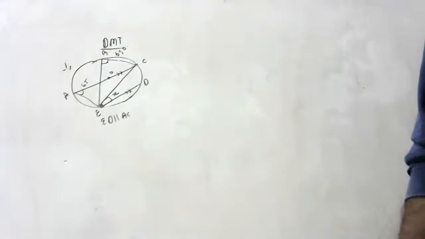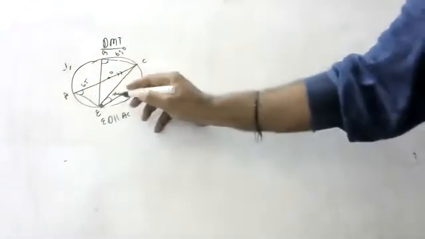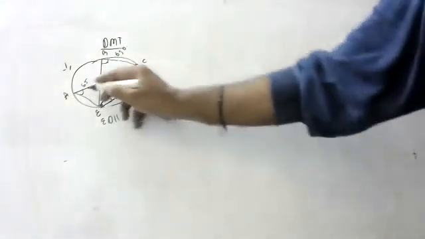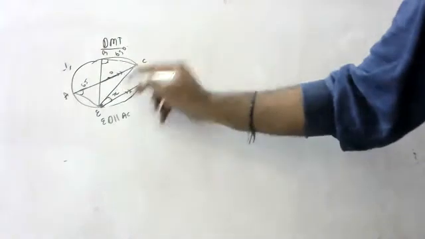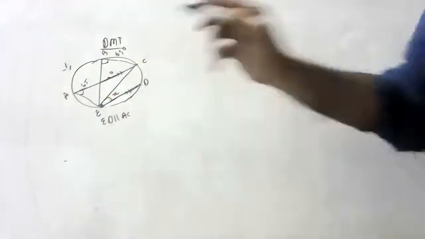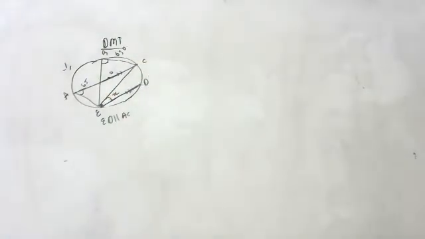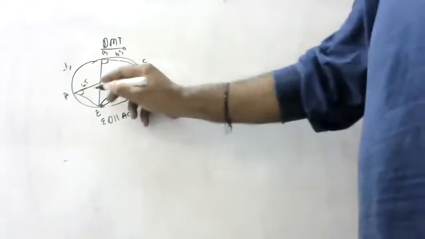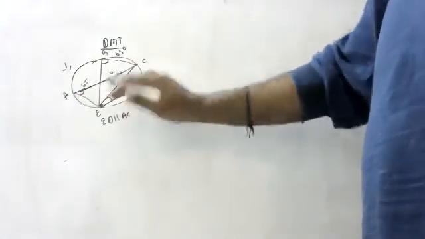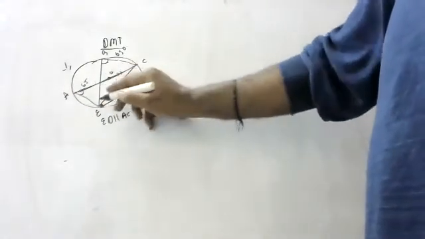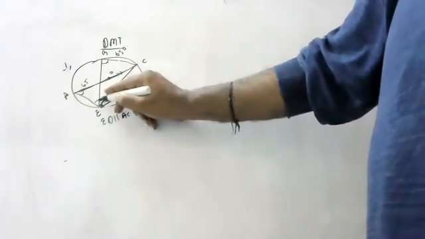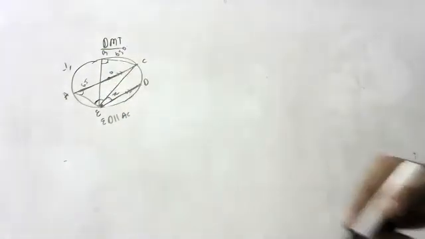How do you do the next step? If this is 65, this is also 65. But I want this angle. So this and this are parallel lines. Are you able to understand? Try to understand. If you are getting it, tell me what will be this angle? What will be this angle? Anyone?